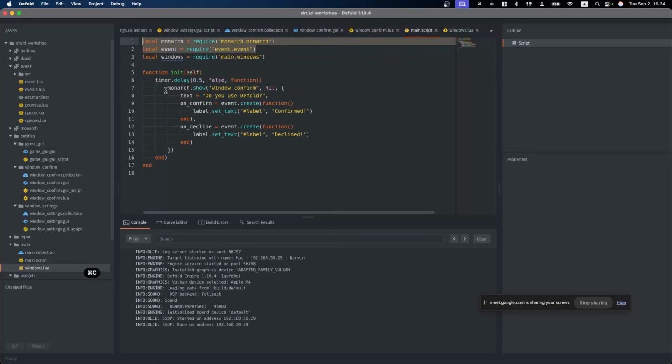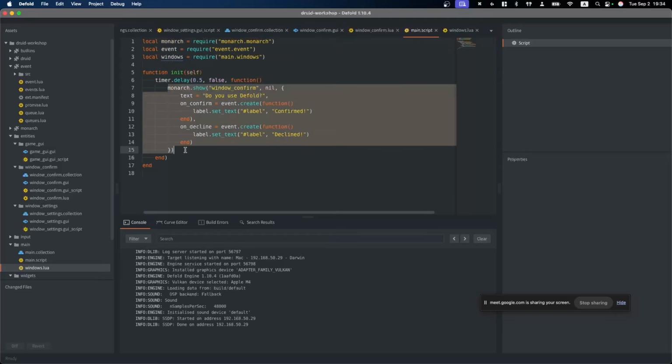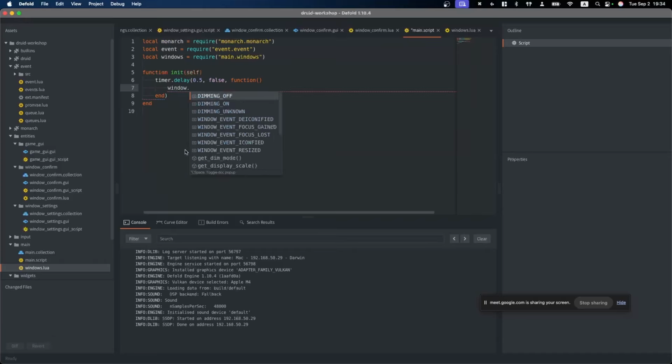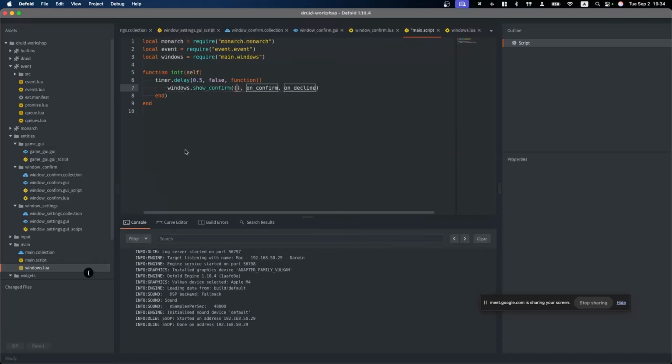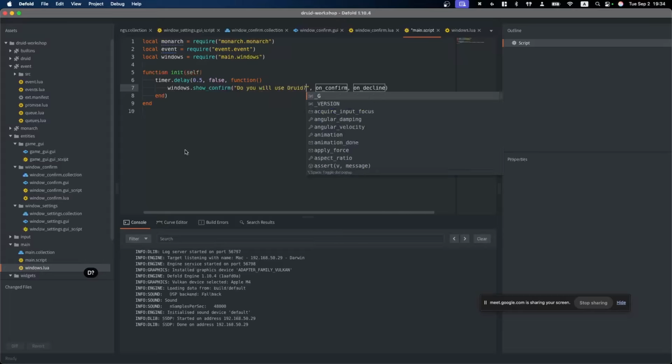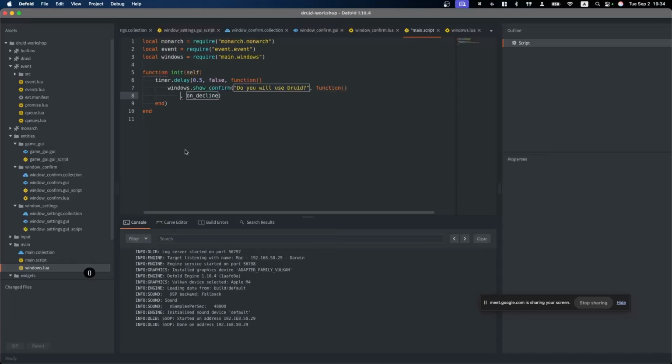Let's use it. Instead of this 10 lines of code, window, show confirm, you will use Druid, and to function. It's also the same. Why is selecting so weird?